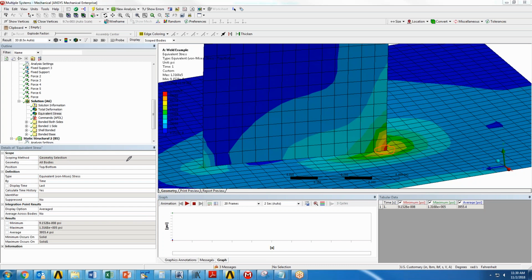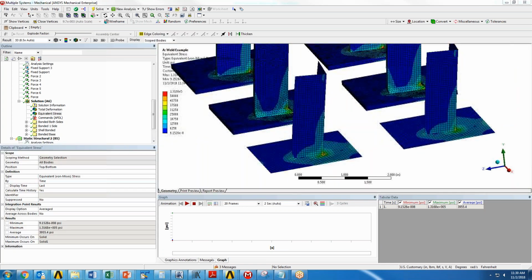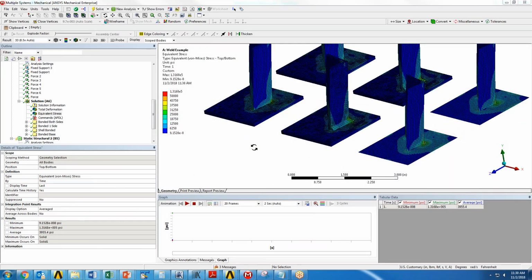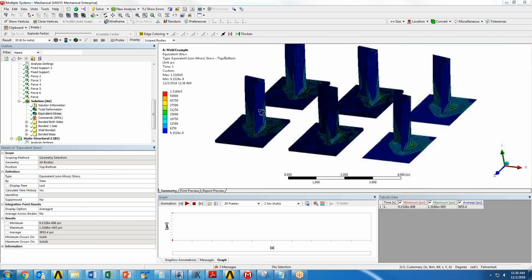We're going to have one right here. Essentially, it's just nearly impossible not to have a stress concentration, or not a stress concentration, sorry, a stress singularity of some type when we're looking at welds. So that being said,